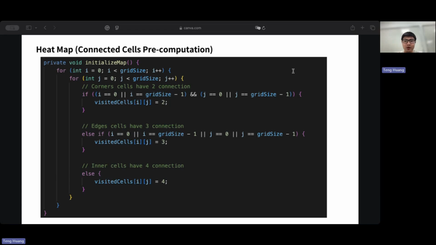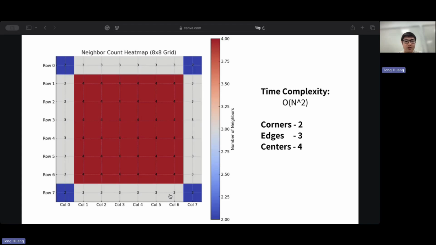Right after that, we will perform the connected cells precomputation, or the heat map. This precomputation is similar to the previous method. We calculate the number of neighbors next to a specific cell, and this represents the number of possible paths when we are at that cell. For example, at the edge of the grid, there will be 2 different neighbors, and that indicates we can only go to 2 different directions when we are at that edge,